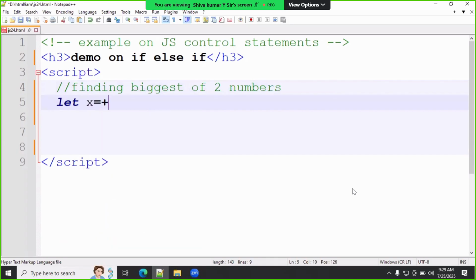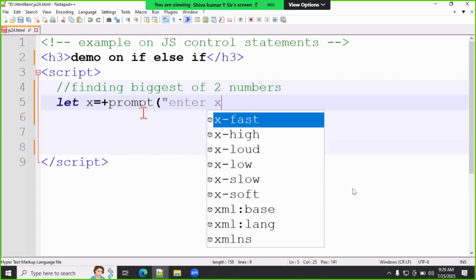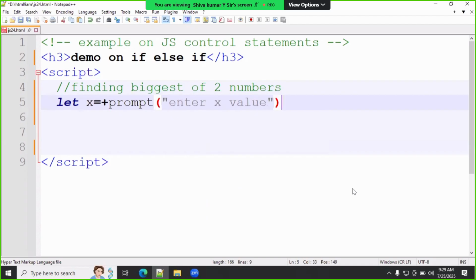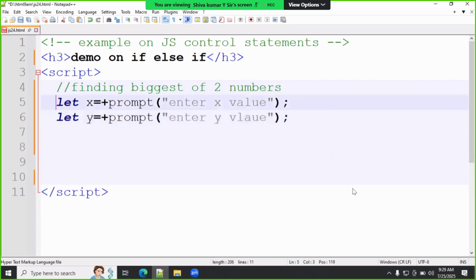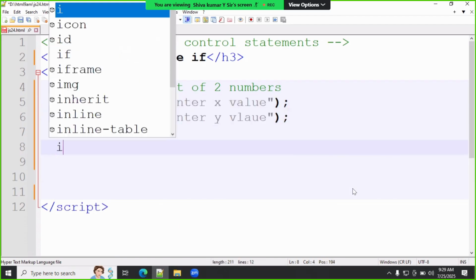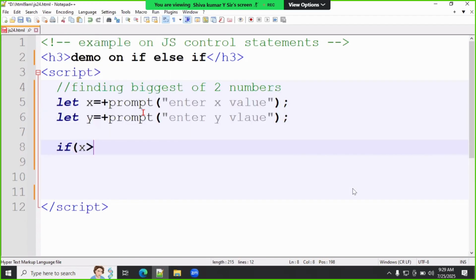So let x equal parse followed by prompt of enter x value, or enter first number, whatever it may be, your choice. Next, similarly, let y equal parse prompt followed by enter y value. So two inputs are ready. Then start the if condition. If x is greater than y,